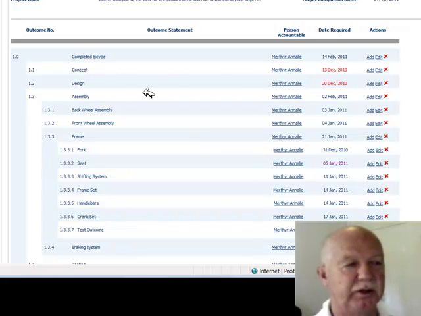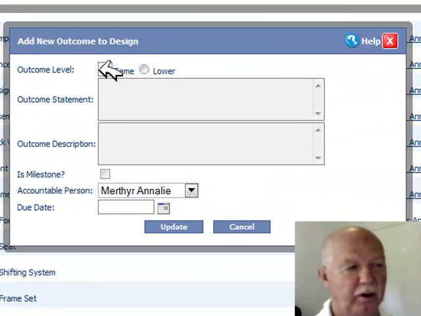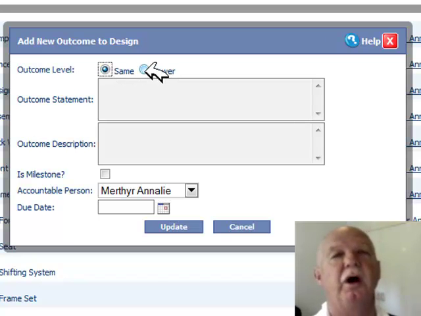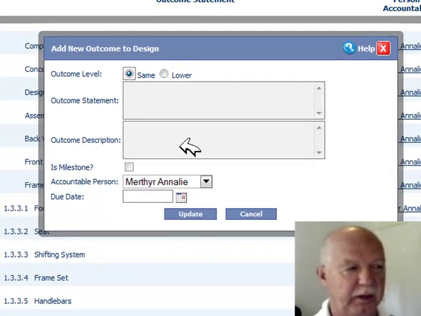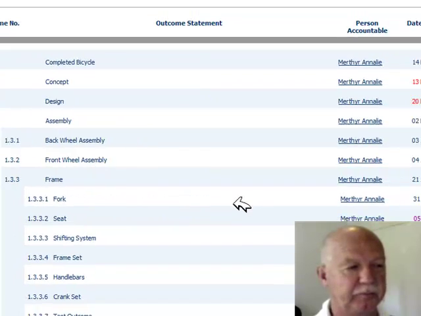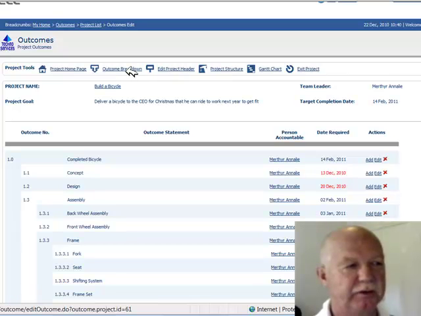within the project. And at any stage here we could add an outcome, and it asks us immediately whether the outcome level we want to create this outcome at is the same level as the outcome we clicked on, or do we want to make this a subordinate outcome to this particular outcome, and then provide some information about that outcome. We won't go ahead and do that. We've got a nicely structured project here already. So that's the outcome breakdown, a very powerful tool, particularly in the early stages of a project, to plan a